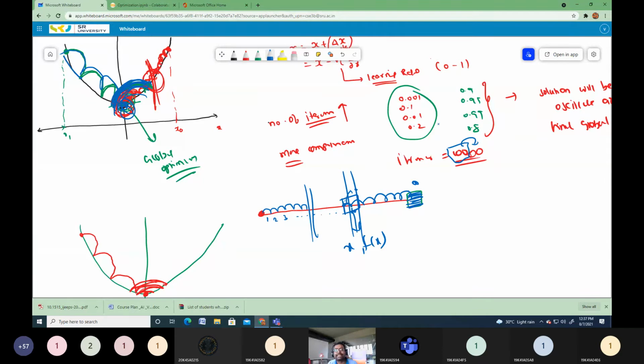Some researchers suggest one solution. As students of this class, can anyone suggest a way to avoid this problem? If I choose the lower learning rate, it will take more iterations. If I choose the larger learning rate, there is a problem of oscillations. Then what do I have to do? Any idea? It's interactive; if it is wrong, no issue.